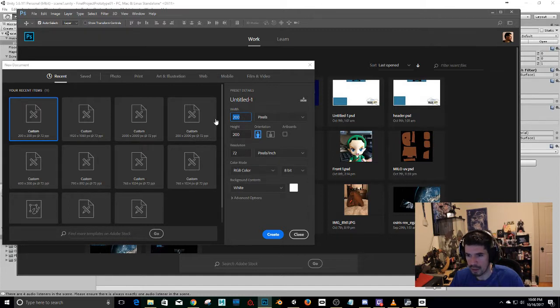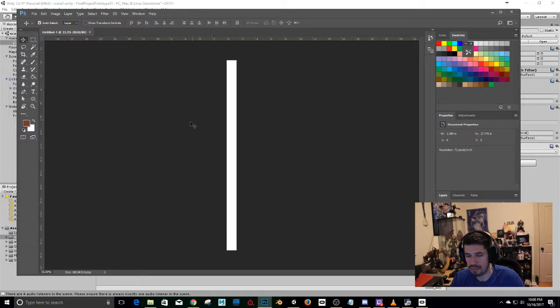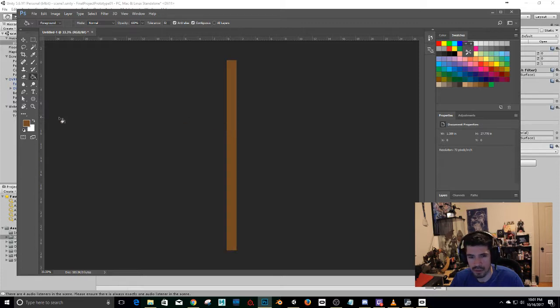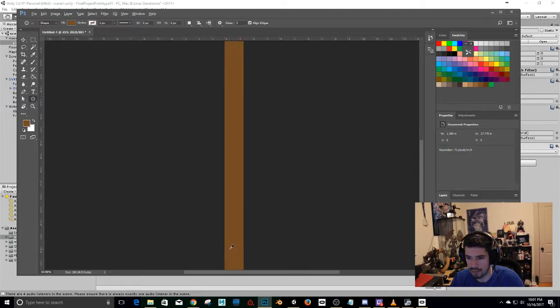I'm going to create a width of 200, no, 100 pixels is enough, and 200 in height. So I'm going to create a brown here, and I'm going to create some